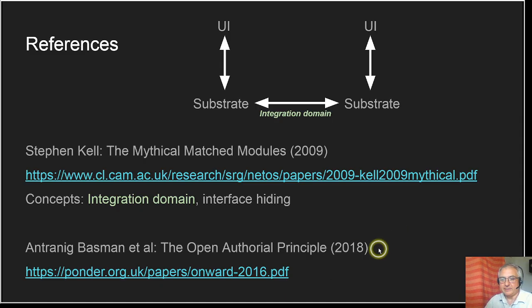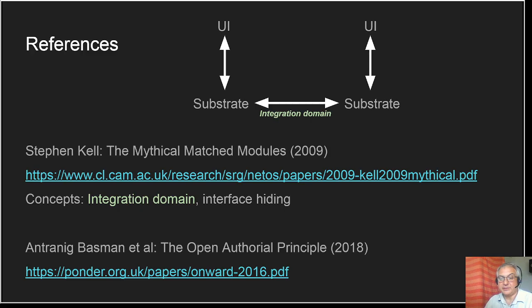In 2018, I wrote an onward paper on the open authorial principle, which lays out some of the theory underlying Infusion's model for composing expressions of different authors. In that paper, I hadn't yet fully conceptualized the distinctions between reuse, which is traditionally considered an economic proposition, and transclusion, which is a relationship of authors. This is a political project as much as a technical one,